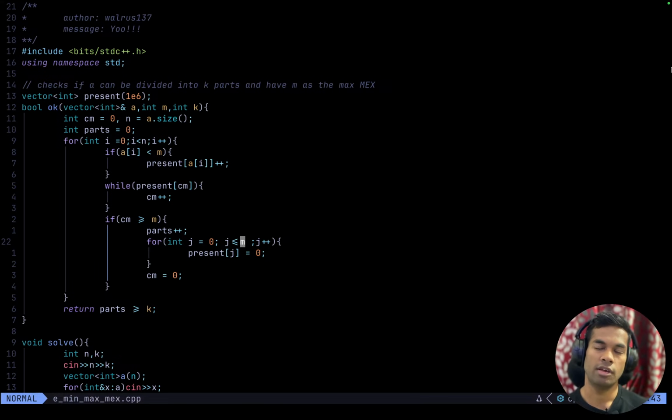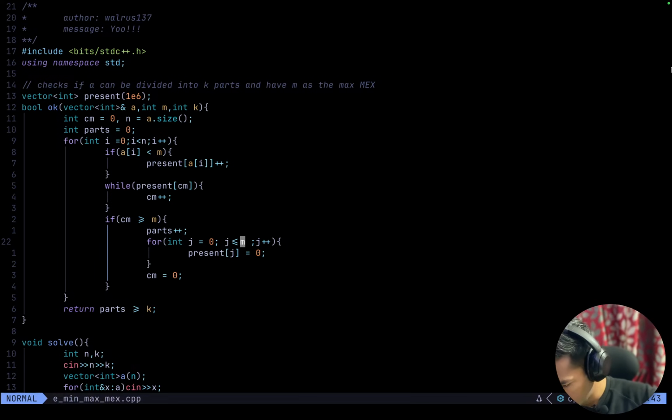Yes, j is smaller than or equal to m, because any number whose value is higher than m has no contribution currently, so we can do this. But no, we cannot do this. Yes, we cannot do this. We have to make